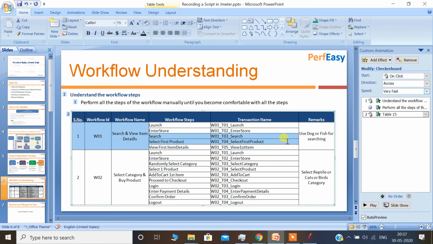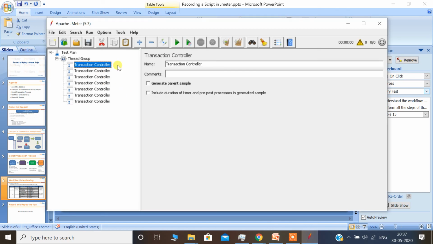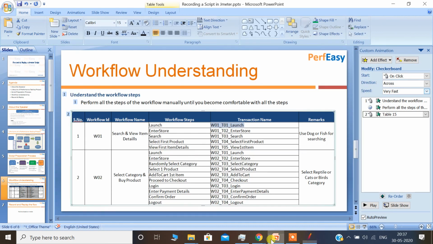Let's record this workflow where first we are going to do the launch. So this was my transaction name. First transaction controller will be this one. So select the transaction controller. Here in the name, enter the name you want to add and it would change. Second one is enter store.